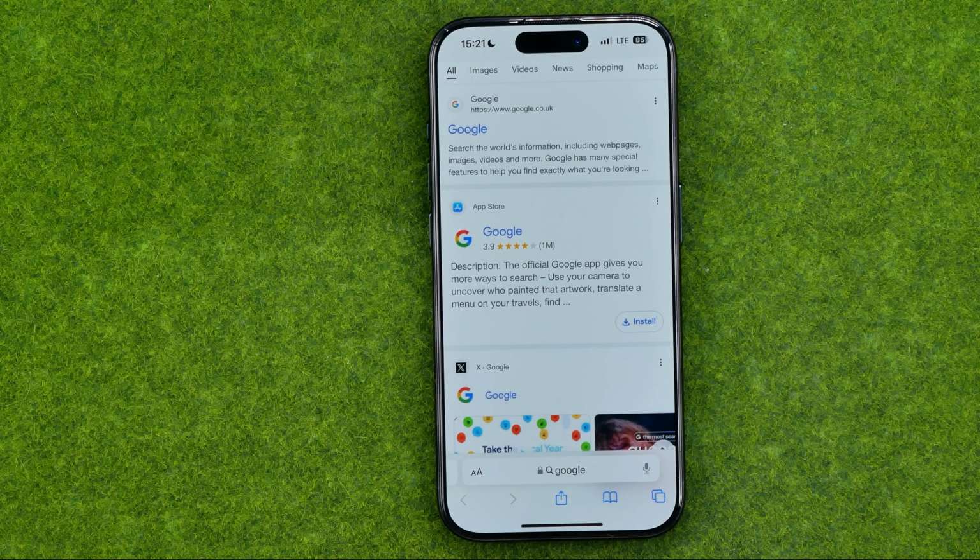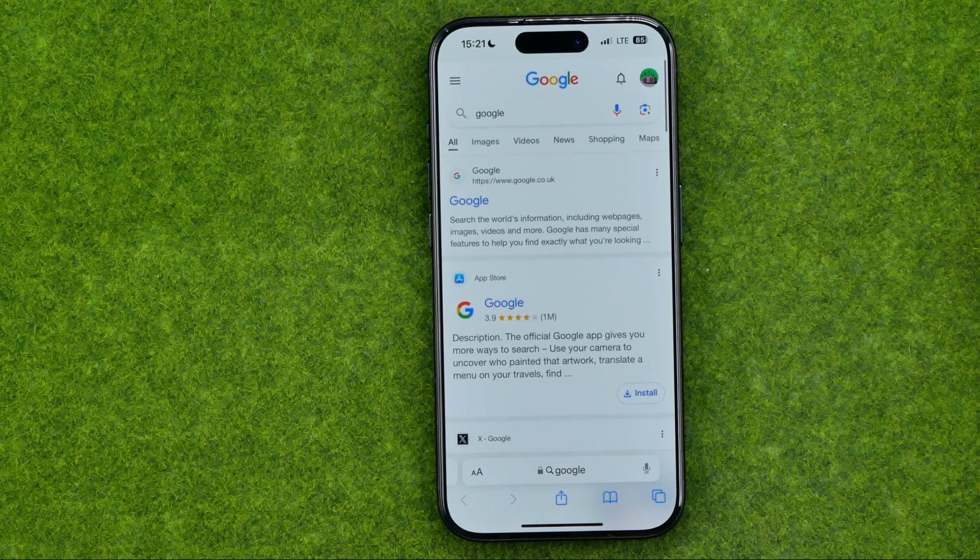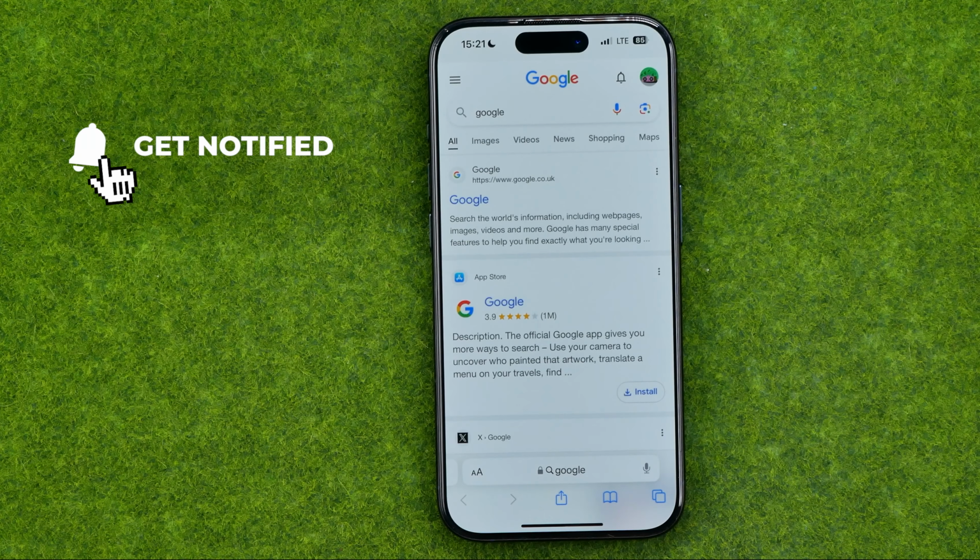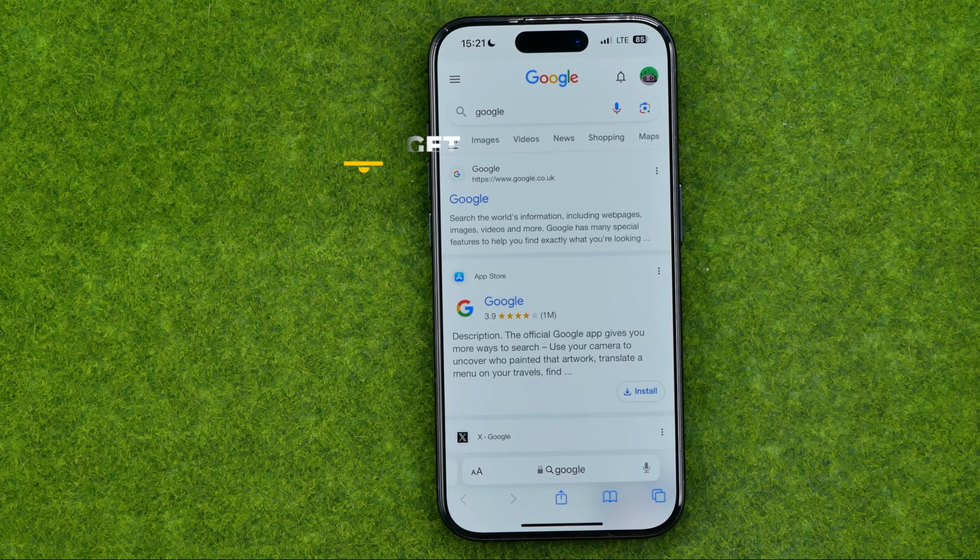In this video, I'm going to show you how you can easily enable incognito mode in Safari. Be sure to watch the video to the very end so you don't make any mistakes. Let's get started, guys. I'm gonna show you all the process from the beginning, and first off we need to